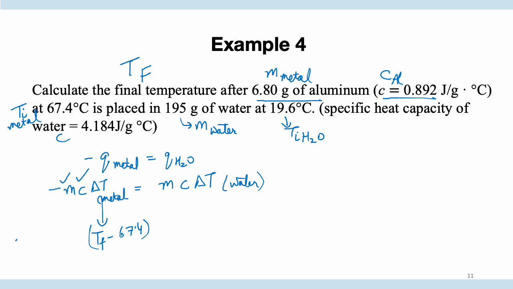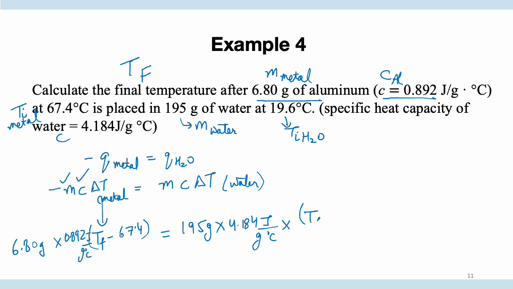From here, mass is 6.80 grams and C is 0.892 joules per gram degree Celsius. This is equal to water, 195 grams. C is 4.184 joules per gram degree Celsius, and delta T is your final TF, which we don't know, minus initial, which is 67.4 degree Celsius. Okay, now you're rearranging these equations and solving for TF. Okay, so when you solve